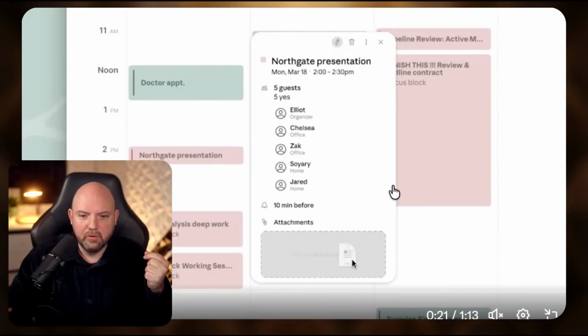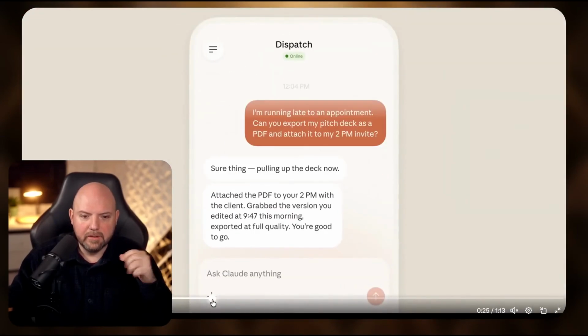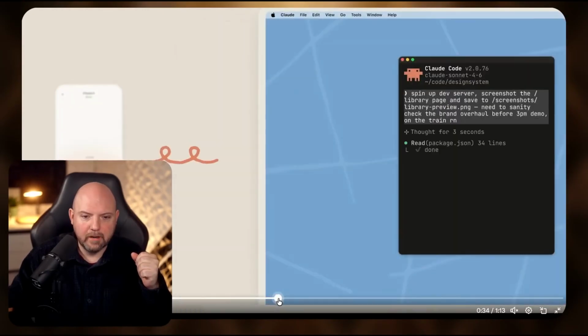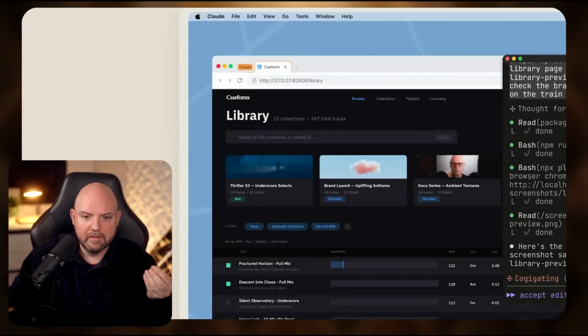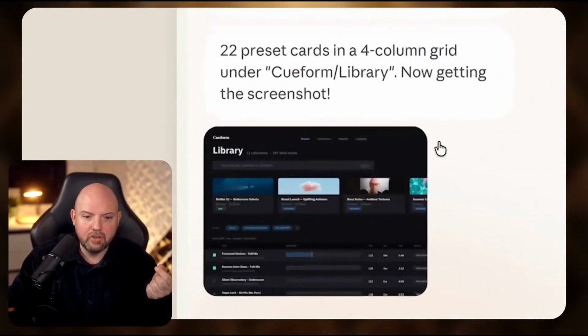Our model is to the event in the calendar, again in the application, not using the API connection, and updates the users. Another thing here, start a dev server, so a local server to check if things are working. So he launches Claude Code. He's not connected yet. He launches Claude Code. This runs the local server and checks here if the application is working as expected and sends a screenshot to